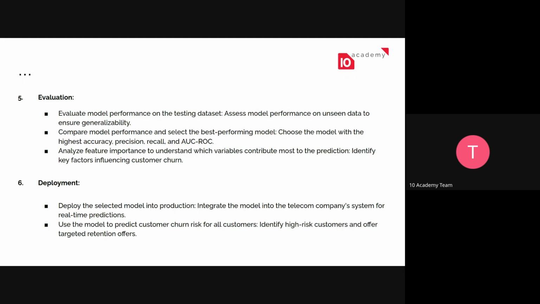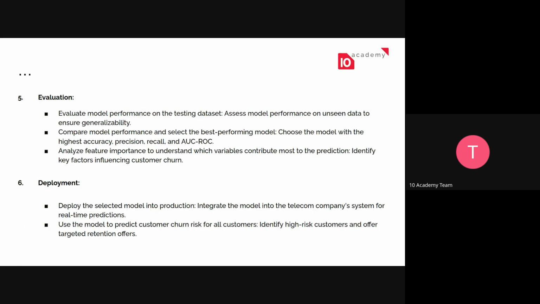And then there's the deployment. Deploy the selected model into production, integrate the model into the telecom company system for real-time prediction. So now that can be part of the system. We're going to deploy it and provide it as a part of the system. So if there's any new data, or a future performance they're trying to predict, then they can just use the already built system. So use the model to predict customer churn risk for all customers, identify high-risk customers, and